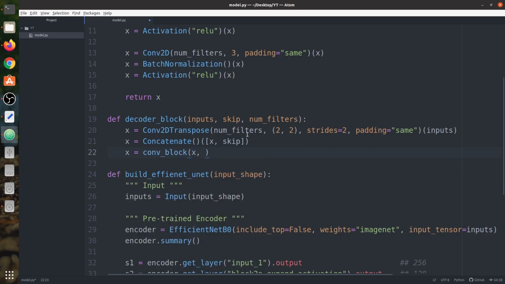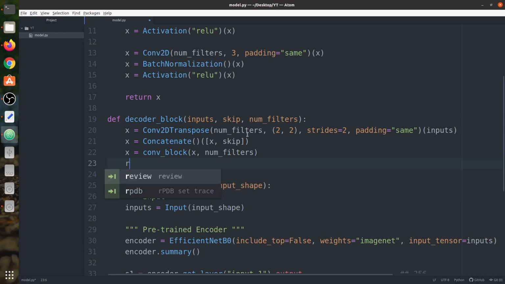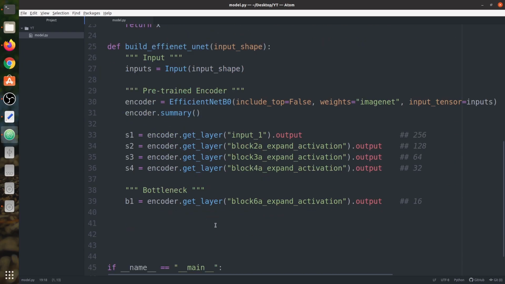X would be the input and we have number of filters, second input. Okay, we're gonna return X here. So this is all about decoder block. Now we'll start with the decoder part.